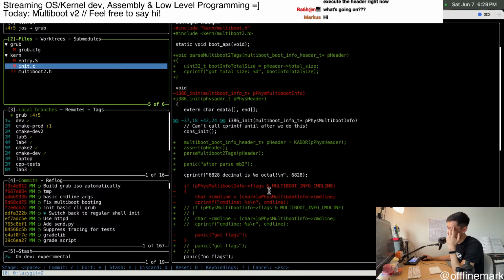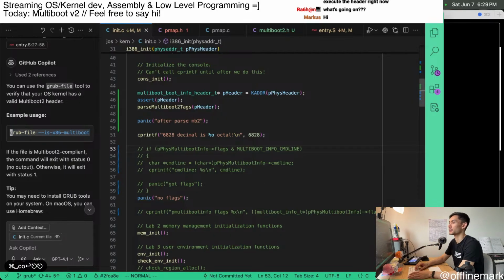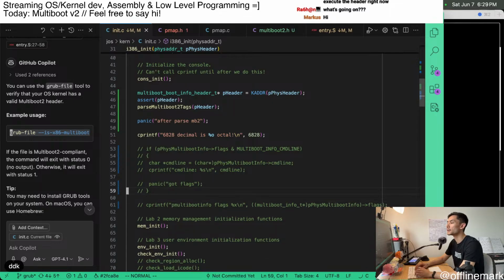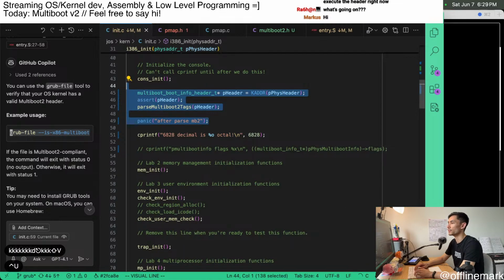Something allowed this to keep working. I think so technically this code was using physical addresses, but actually physical memory is mapped at this part, and so it is possible to access those low memory addresses, and I think that's just what was going on there. Okay, so here's what we're going to do. We're going to move this